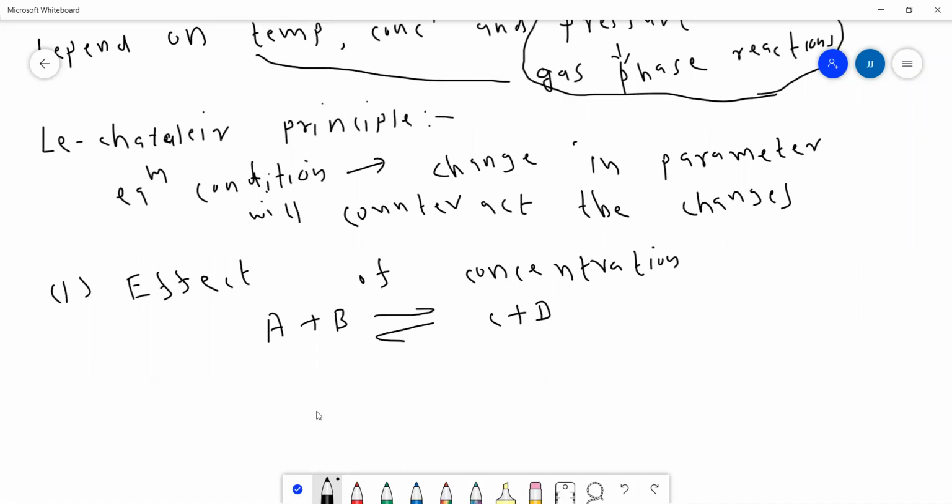So if we increase the concentration of A,